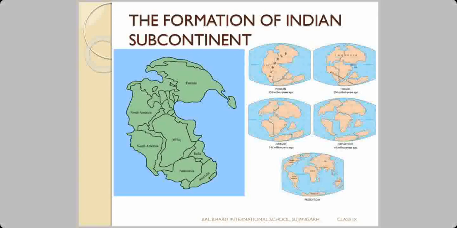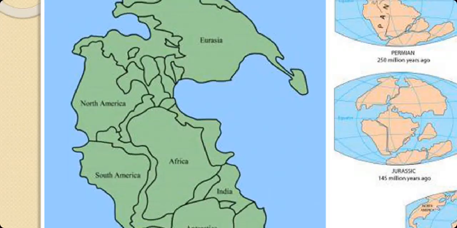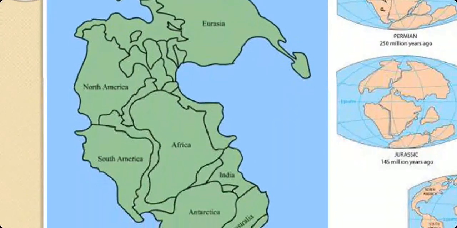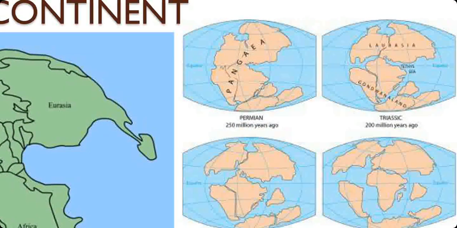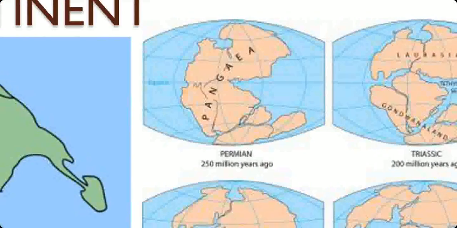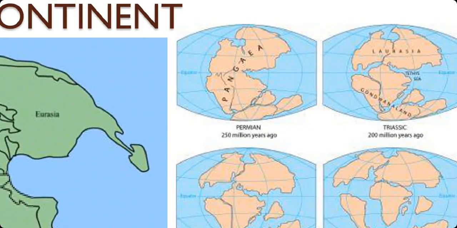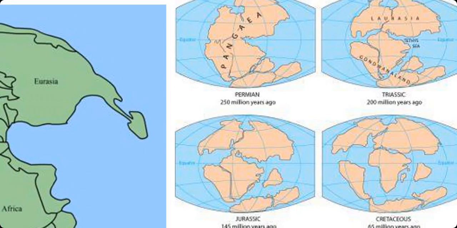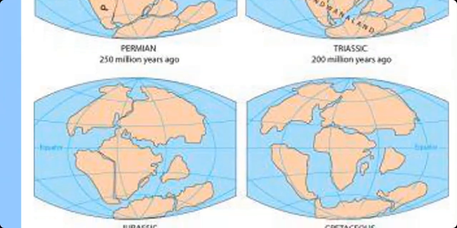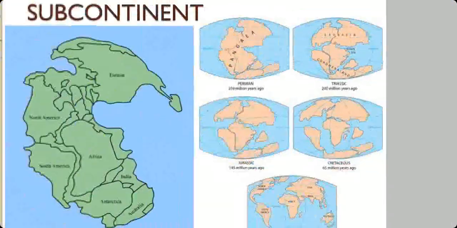On the left hand side, you have one single landmass, and this single landmass is known as Pangaea. Pangaea means all the land. And when we look at the same thing in this picture, on the top we have the same Pangaea, and over a period of time it started breaking, and the landmasses separated from each other, and it gave rise to the map of the globe we know today. This developed.